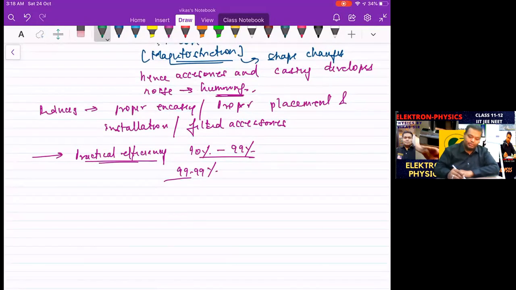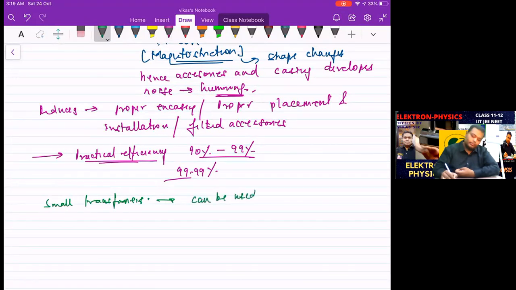And if we have small transformers, the encasing is not an issue. Encasing is not an issue. You can use them just like that, so they can be used without encasings. But if you have very large transformers, like you get in the factories where the whole